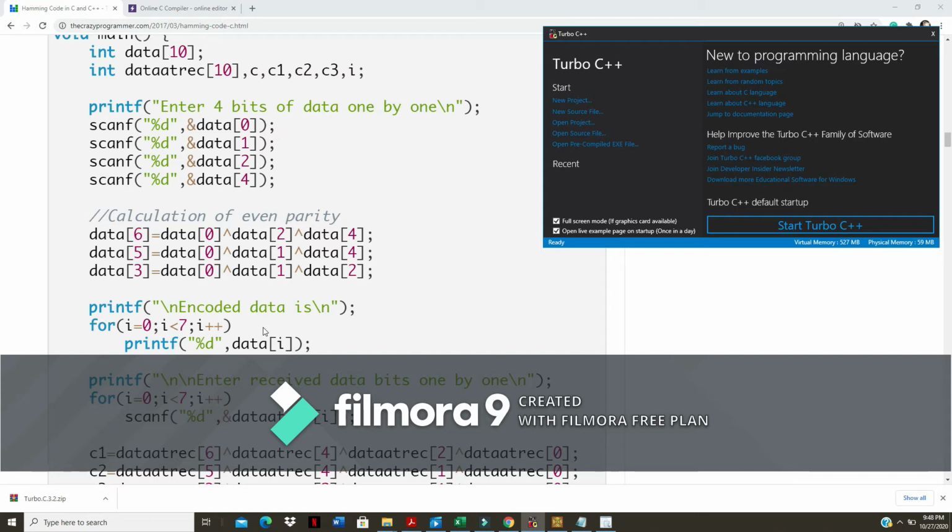Okay, so in the Hamming code, it is going to add some redundant bits. Why are we going to add redundant bits? Because we are going to use those redundant bits at the receiver side for doing the error detection and error correction. So we are going to introduce an overhead. Now, as per this program, it is from i equal to 0 to 6, so totally there are 7 bits in my encoded data, but in my input bits, I have only 4 bits. So what is the redundancy you have introduced? Now we are going to add 3 more bits.